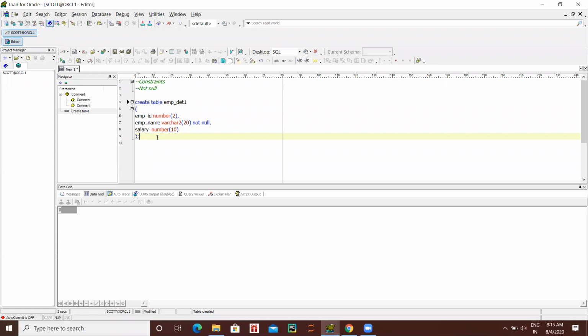Table created, right? Now do select star from that table, employee_detail1.